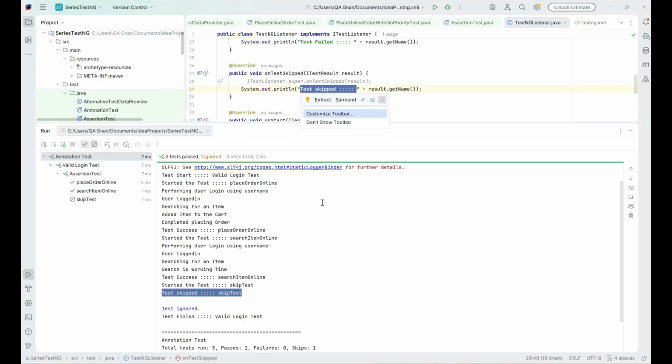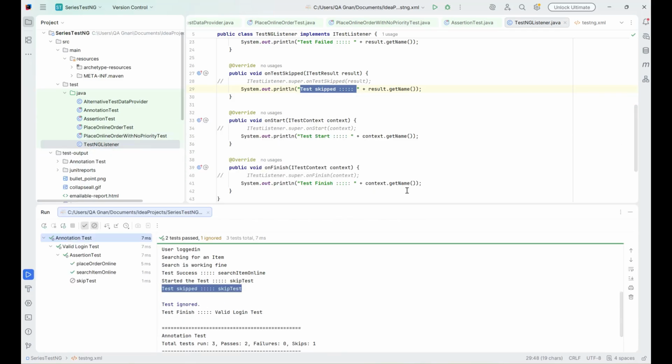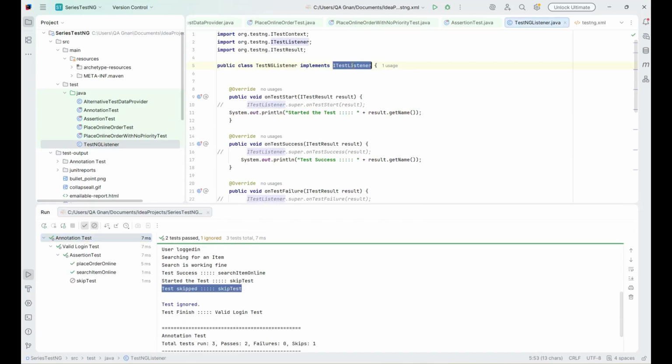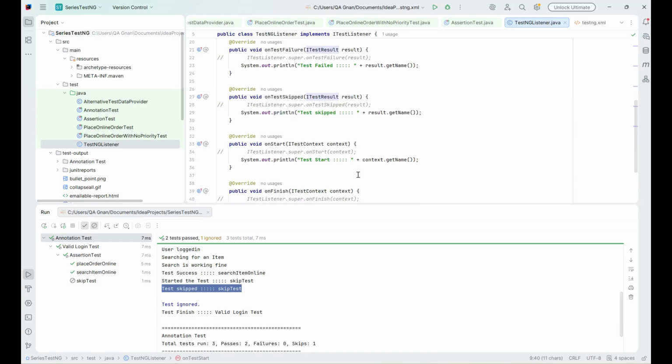So this way we can implement these listeners, and this is the most commonly used interface for logging additional information, which in some of its methods uses ITestResult and ITestContext interfaces to get more information related to those test cases that are getting executed. Okay, and